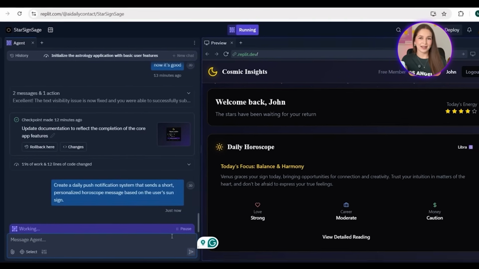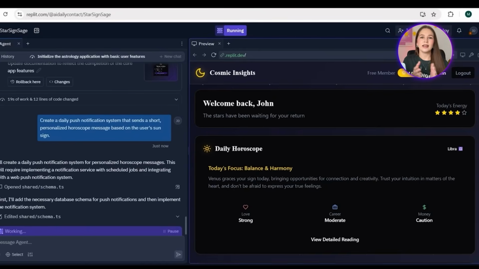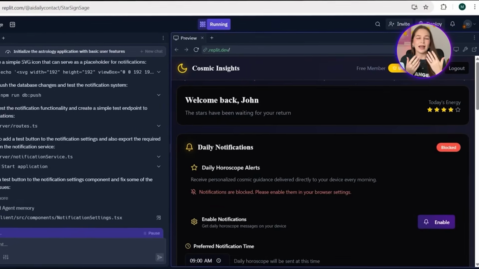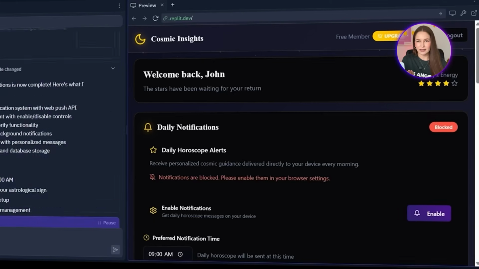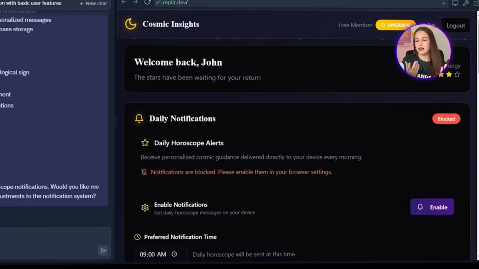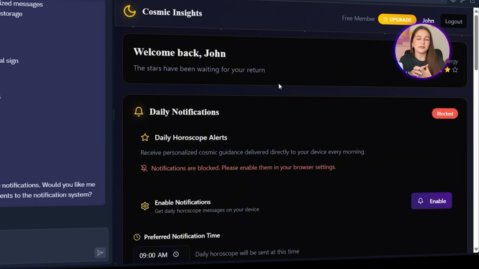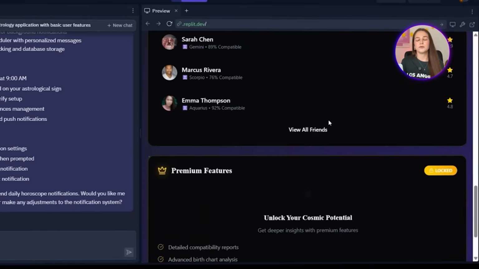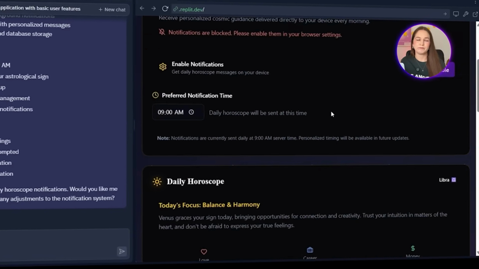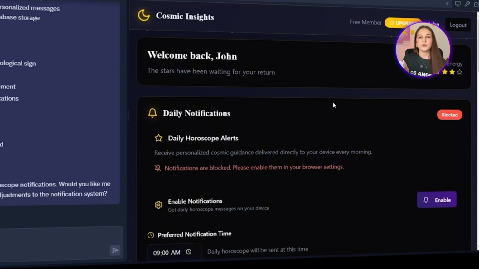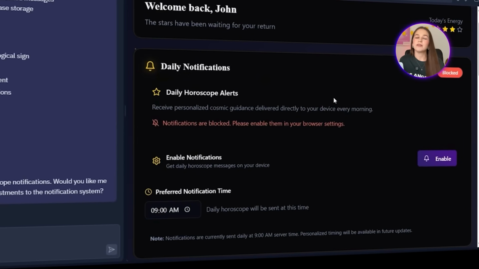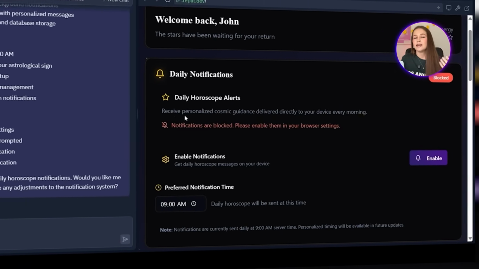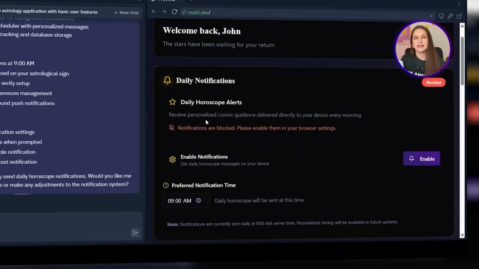Replit gets right to work, and it's not just throwing a basic alert. It's building a full push notification system using the Web Push API. As it builds, it starts layering in some nice extras. First, there is a settings component where users can toggle notifications on or off. Then it's also adding a test notification button so we can try things out before going live. It's also setting up service workers to make sure that alerts are still showing up even when the app isn't open. And on top of that, there is notification history tracking and database storage, so everything gets logged and can be reviewed later.